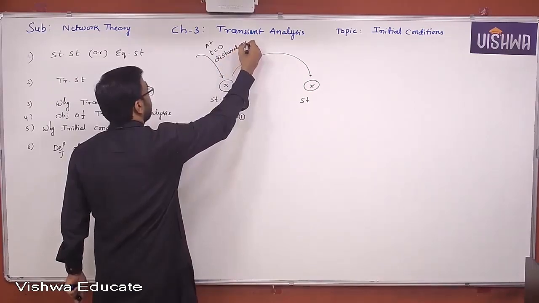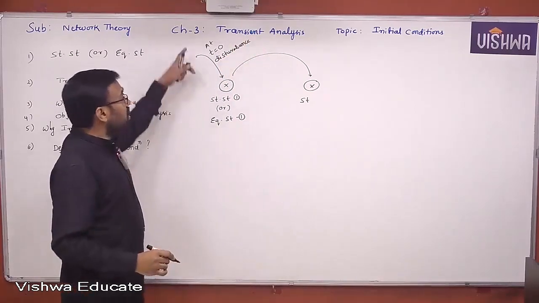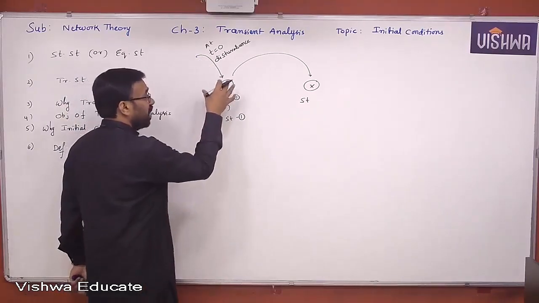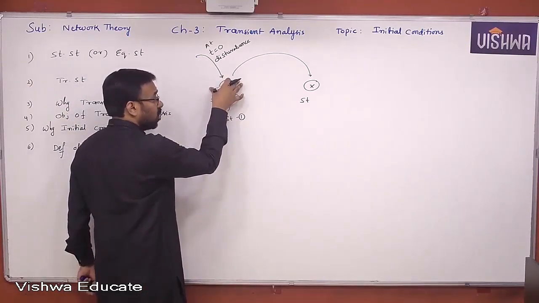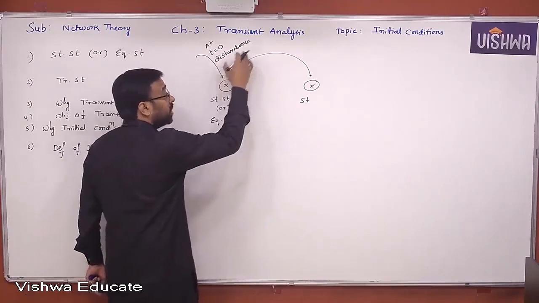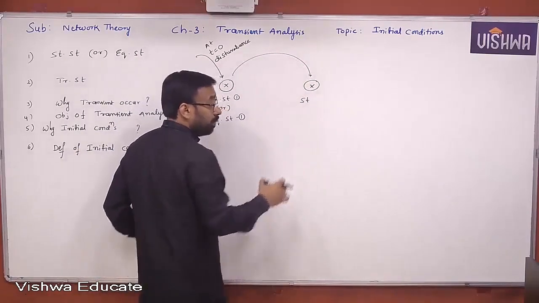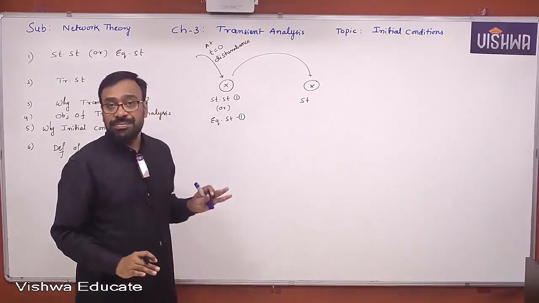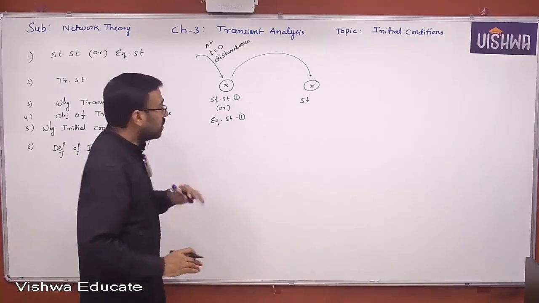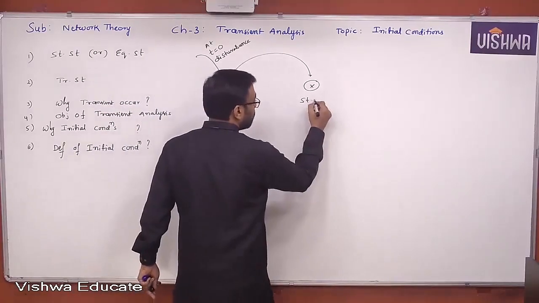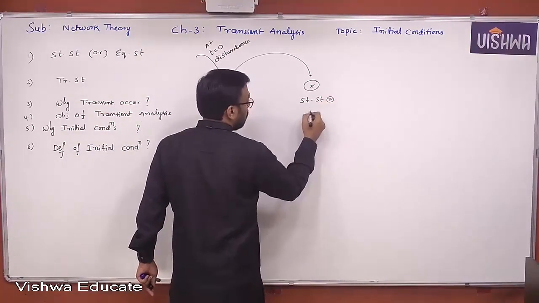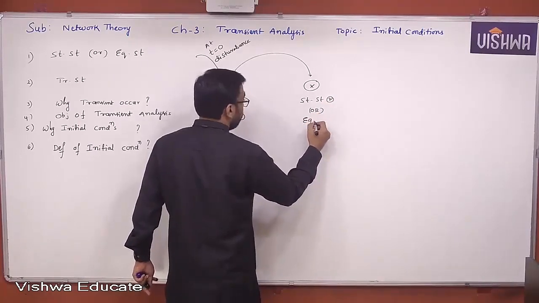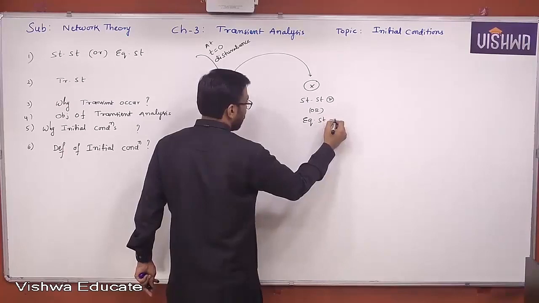Okay, a disturbance occurred at t equal to 0. When the disturbance occurred, the equilibrium state of that particular system got disturbed, and it will definitely reach another equilibrium state because the given system is a stable system. You understand, all of you? Therefore, it will reach what? Steady state 2, or equilibrium state 2. If it is an unstable system, there is no point in reaching the steady state. Yes or no, all of you?